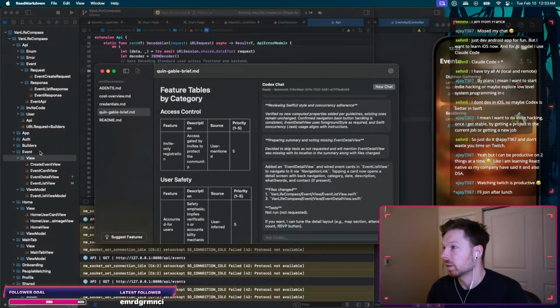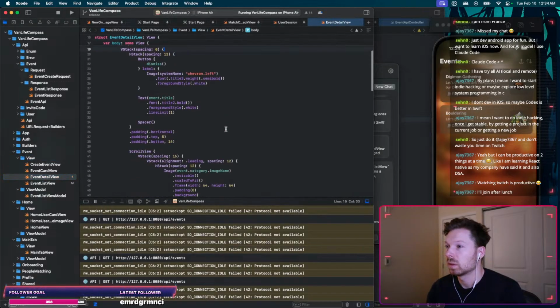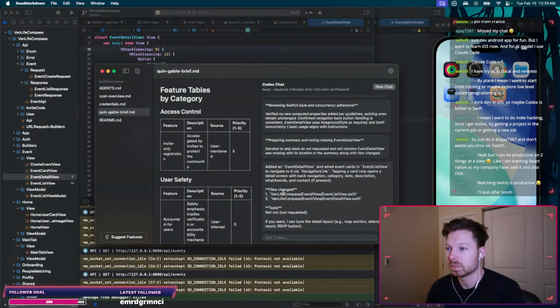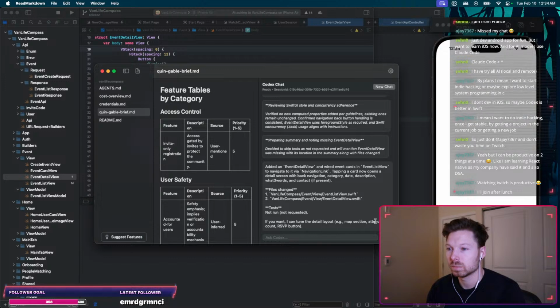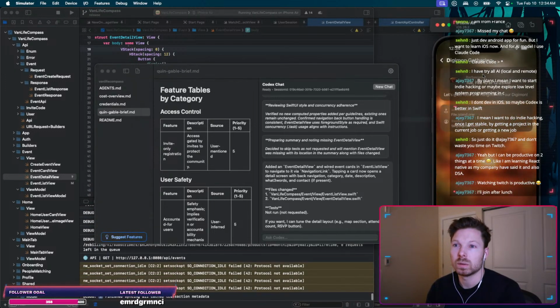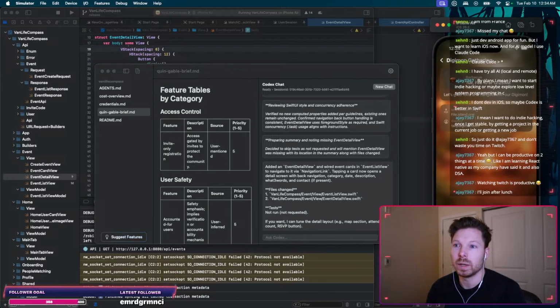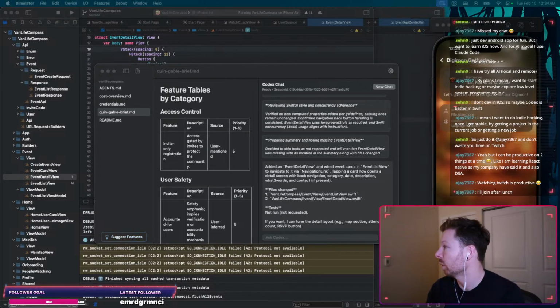Added an event detail view. Great, thank you. Let's see how that one looks like. Let's check it out. Let's grab food and hang out. That looks good. And now, what about what three word